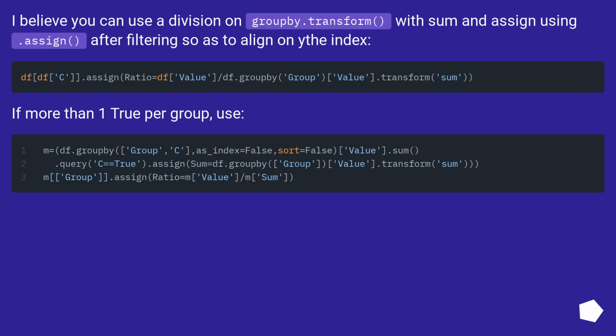I believe you can use a division on groupby.transform with sum and assign using .assign after filtering, so as to align on the index. If more than one true per group, use